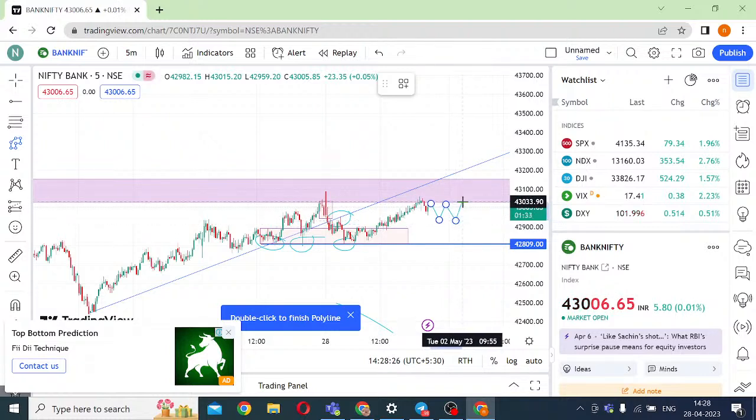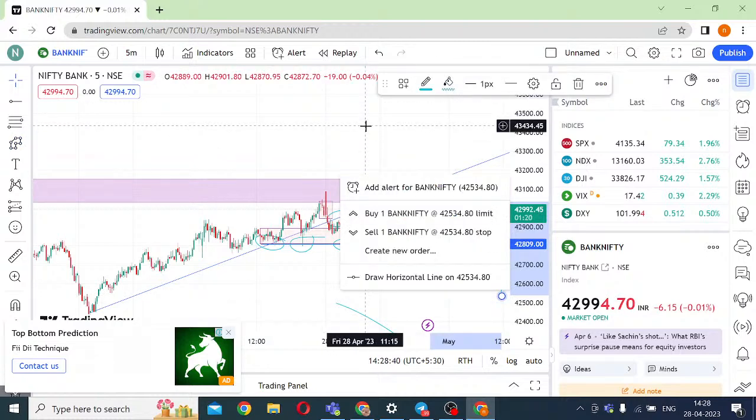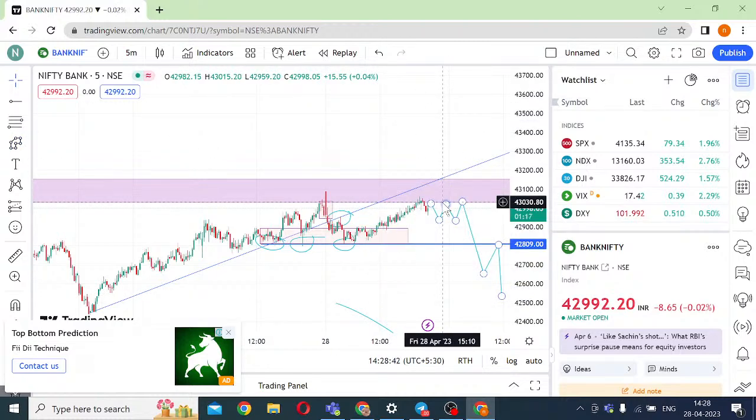You have the 1 hour, and we'll wait for a live setup, and probably sometime around the first half of Tuesday, not tomorrow, you may see a move down like this. Probably we may see a move down, or if it continues consolidating on the higher end of the range, then we may have to see if it is trying to trade towards the higher side or not.